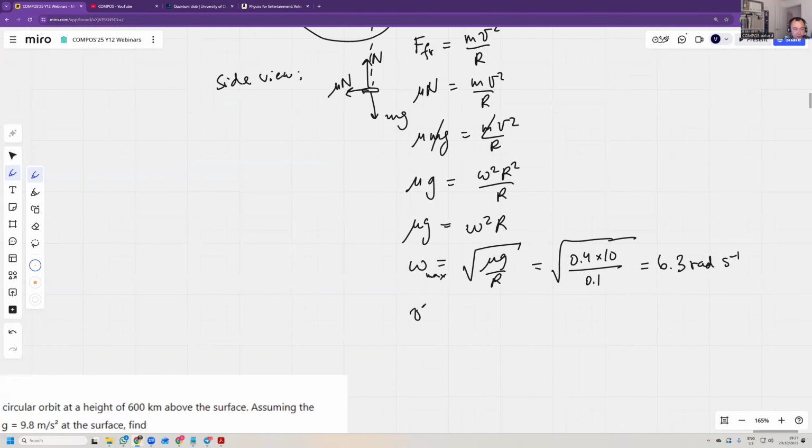And the speed of the coin is omega times r, which is 6.3 radians per second multiplied by 0.1 meters, the radius, which is 0.63 meters per second. That's the maximum speed of the coin,